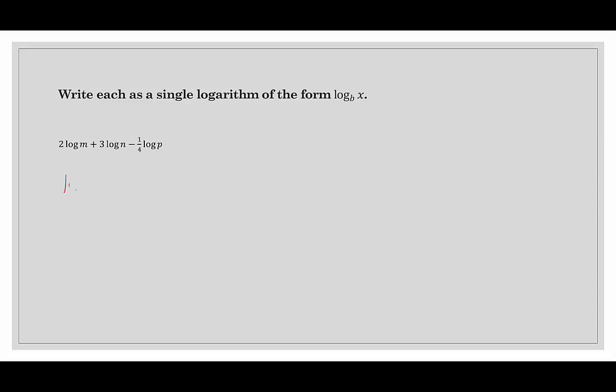So we're going to rewrite this as log of m squared plus log of n cubed minus log of p to the 1/4. Okay, now I'm ready. Now that I have coefficients of 1s and they all have the same base, right? They're all base 10. I can combine them into one single logarithm. So we're going to have log, and we're going to have a fraction because I see a subtraction sign. So we have m squared in the numerator, n cubed in the numerator, and p to the 1/4 in the